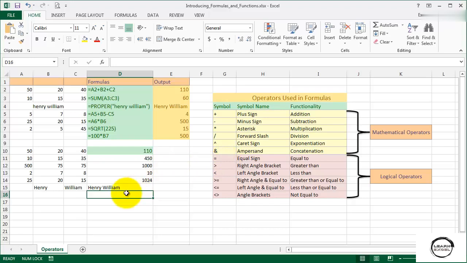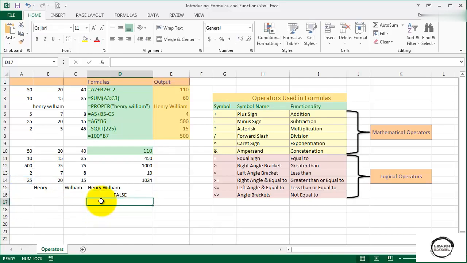I select this cell, type equal sign, select cell A14, equal sign again. Now select cell B12. You see, cell A14 and B12 are not equal, so it will show false. Remember it very carefully. The first equal sign is part of the formula. The second equal sign is working as the logical operator. Press return. See, the result is showing false.